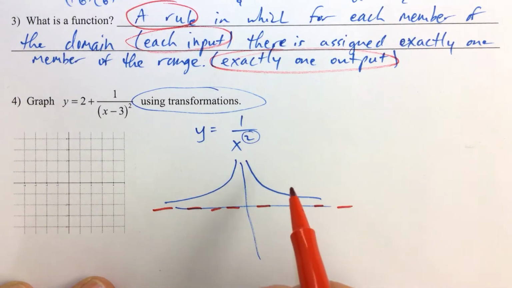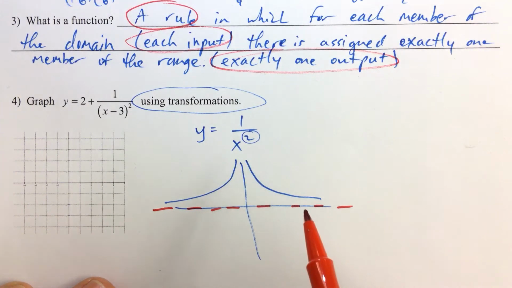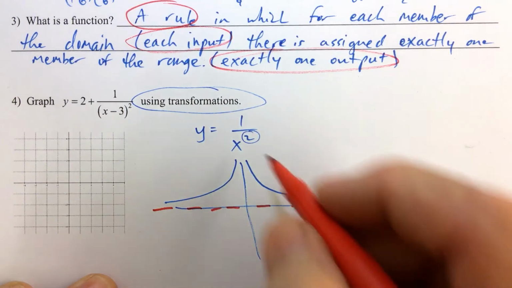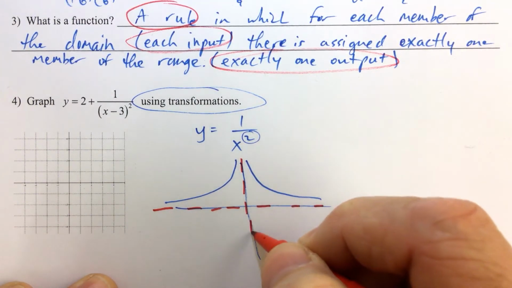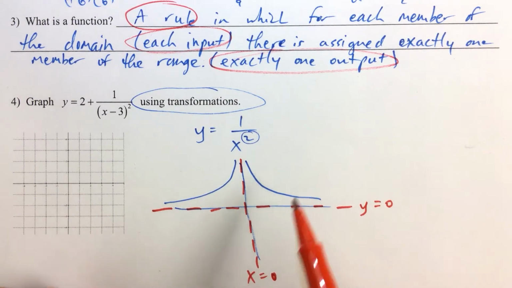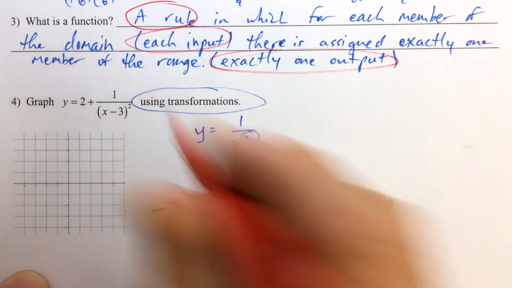And we also would notice here the denominator has a greater degree than the numerator. We call that a proper rational function. And when we have that, we know that the line y equals 0 is a horizontal asymptote. Also, likewise, we already talked about the vertical asymptote. So if this is the parent function and we look at this function here, we see that we have a